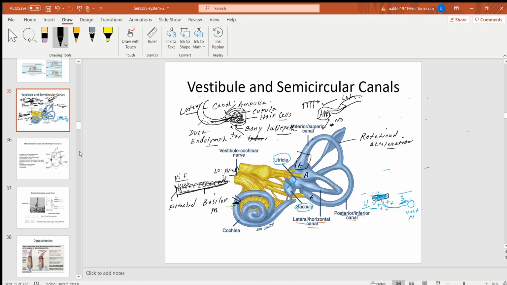Okay, it is like a piano. Those who know about piano, you have high, medium, and low notes, right? So high notes are here, medium here, and low frequency notes are here. Okay, so when these cells are activated, you will hear high frequency sound. When these receptors or hair cells are activated, low frequency sound. Okay,